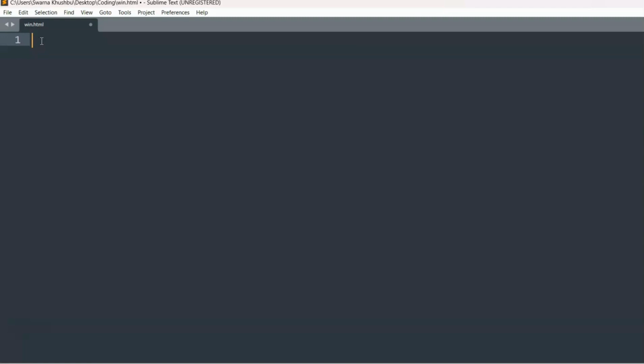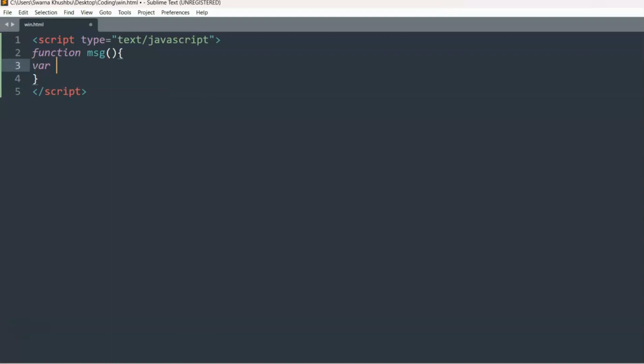Okay, so for that we'll start off with script. Okay, and then inside this I'll just write the function. So let's say the function is MSG, and inside this I just write